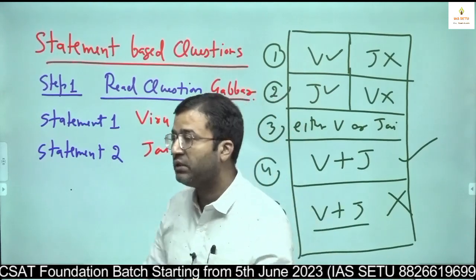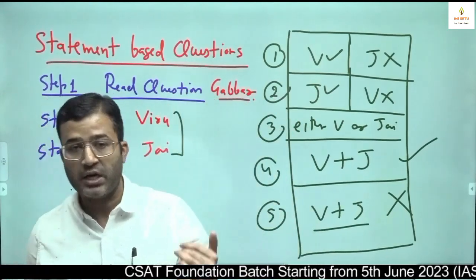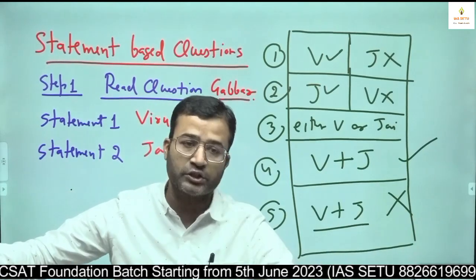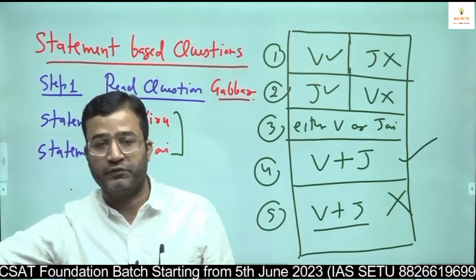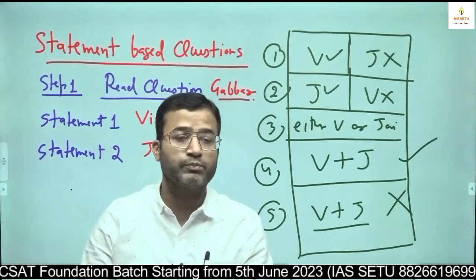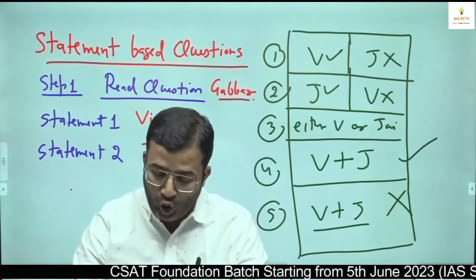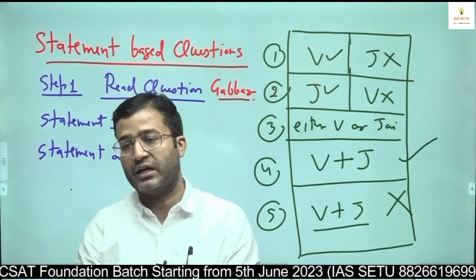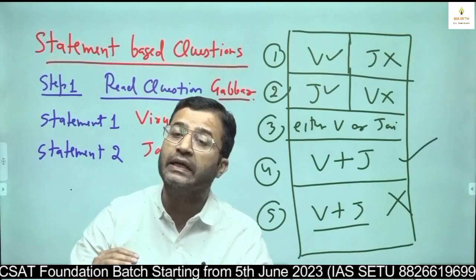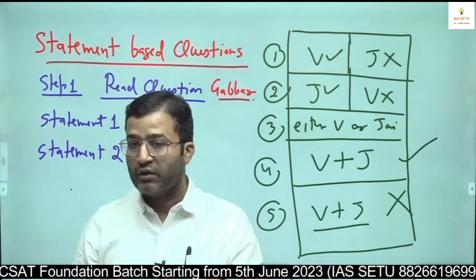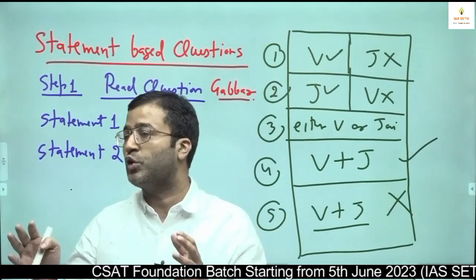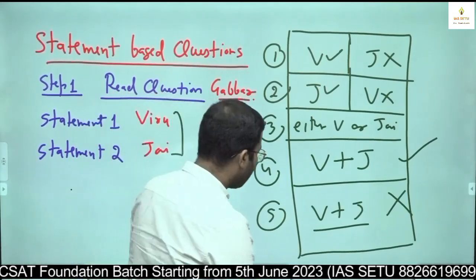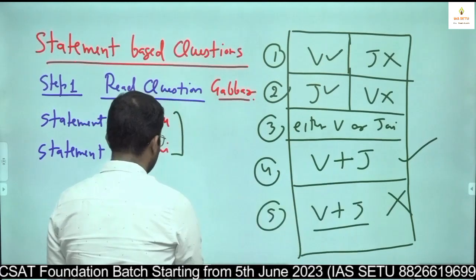Viru alone is sufficient, whereas Jay alone is not sufficient. Jay alone is sufficient, whereas Viru alone is not sufficient. Viru alone is also sufficient, Jay alone is also sufficient. Then the fourth possibility is both alone are not sufficient, but both together are sufficient. अकेले अकेले नहीं कर पा रहे, but मिलके कर पा रहे. But एक और possibility है, मिलके भी नहीं कर पा रहे. Viru and Jay together are also not sufficient to handle the question. This is one concept. Second concept, concept number 2 for statement based questions,